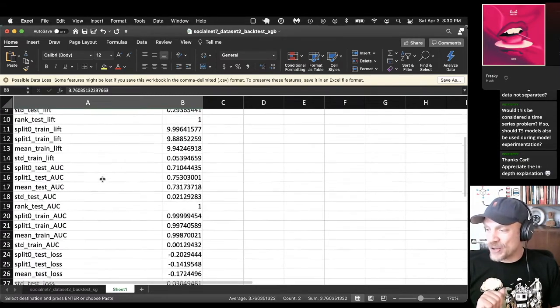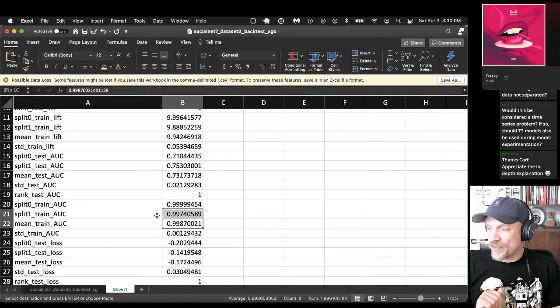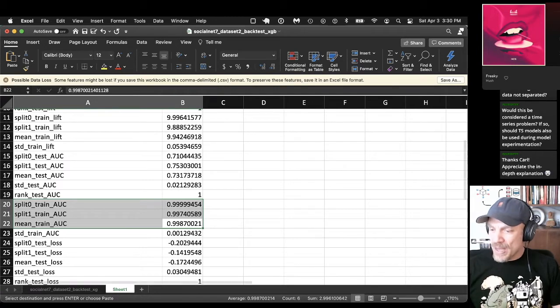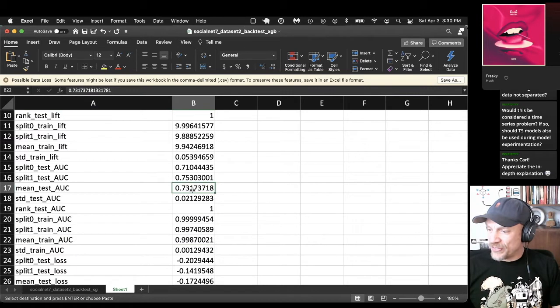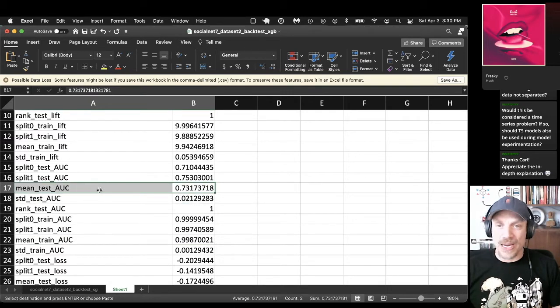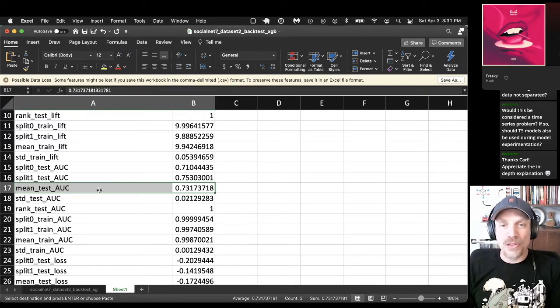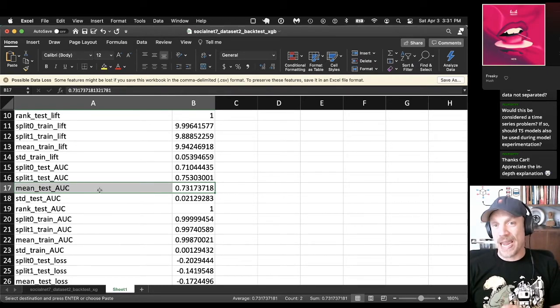Now let's look at the AUC. Here you can see for the training data, the AUC is 0.99, like we were seeing before. But on the testing data, the AUC is only 0.73. As you may recall, that's what I called the healthy range. So when you look at the test data, the lift of this model and the AUC are in a healthy range.